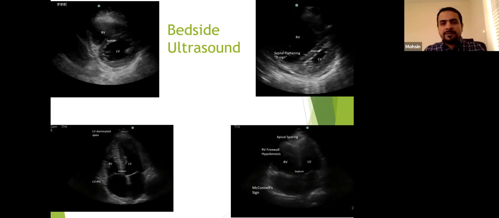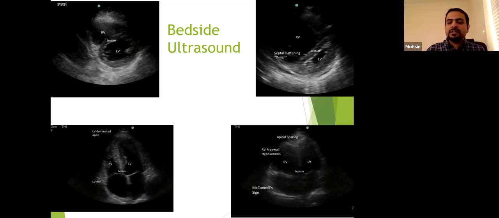And on the left side, if you can see, is the parasternal short axis view of a normal heart, and you can see that the RV is there, the LV is there, and the LV is most of the time larger than the RV. As you can see in the lower left part, the left ventricle is larger than the right ventricle. But in case of a massive PE, on the right side of the pictures, both upper and lower, you can see the right ventricle is quite dilated, pushing the left ventricle into a small size.